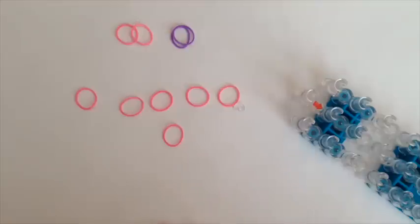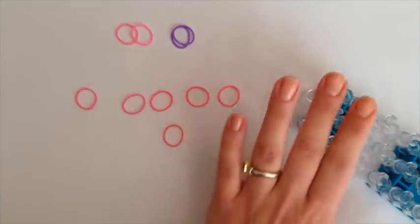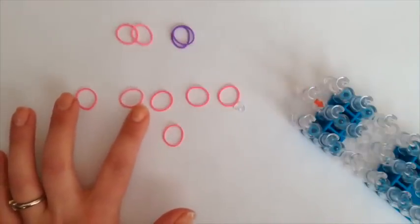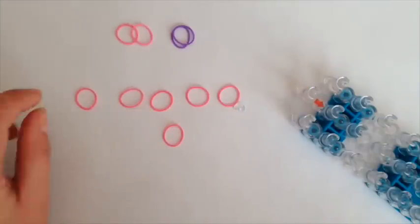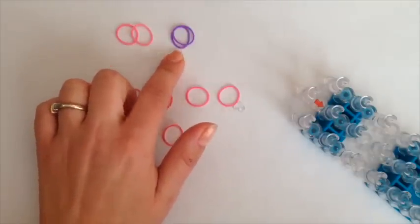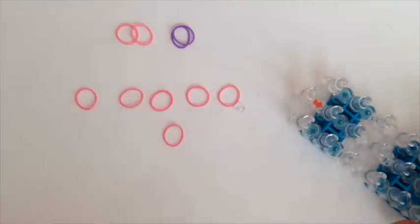Round one of the hat, what we're going to do is start off with our magic circle. I'm going to use 6 bands and we're going to do 5 single stitches in the magic ring. Again, for the hat, I'm going to follow my pattern, 2 rows of pink and then 2 rows of purple. So grab your loom and turn it upside down